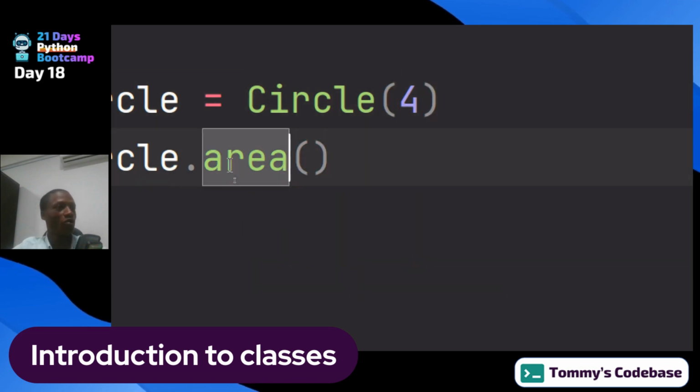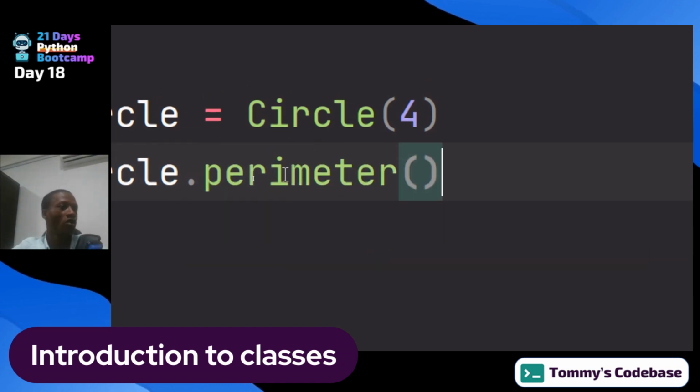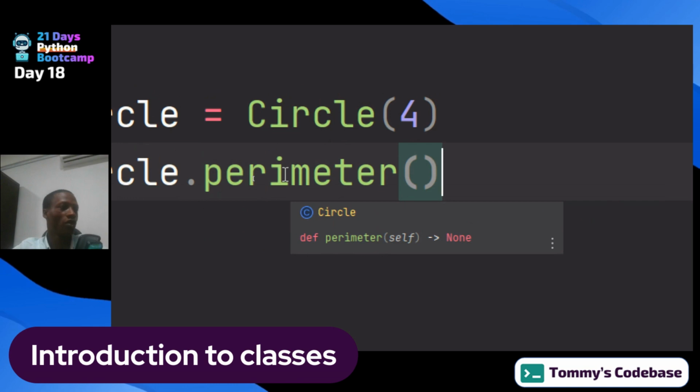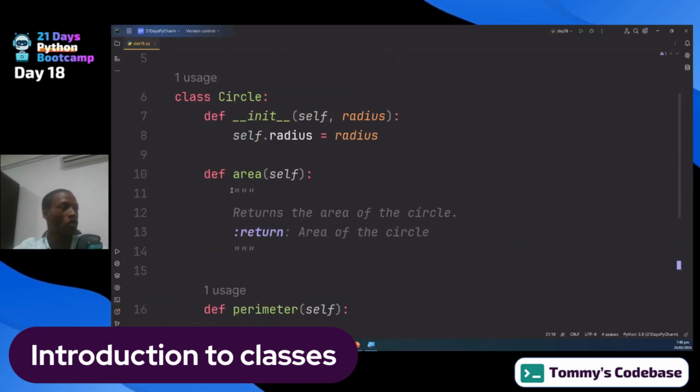But if I do it for perimeter, when I hover over it, we will not see any documentation, just telling us that perimeter is a method of the class Circle. So as good practice, you always have to give this documentation when you write methods inside classes so that people will know what exactly you are returning. And